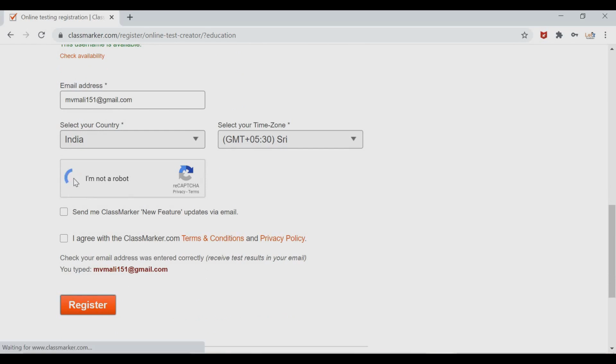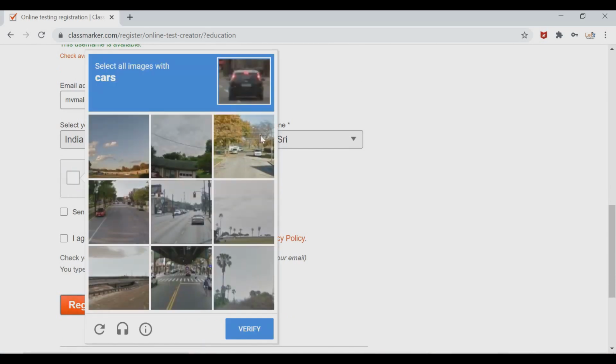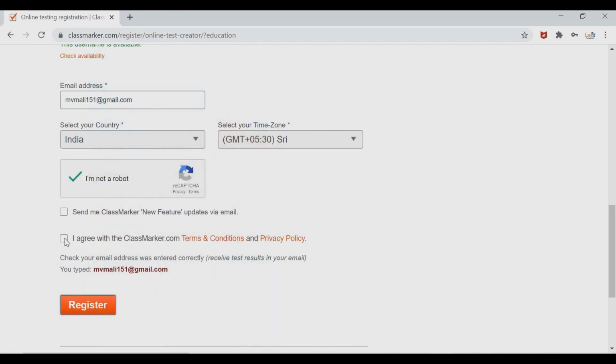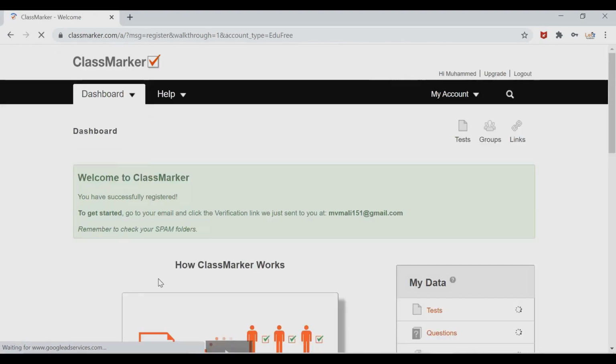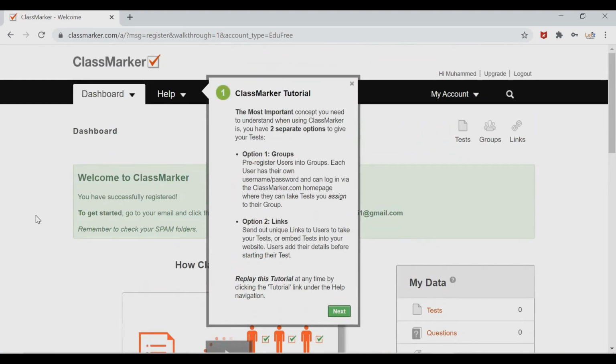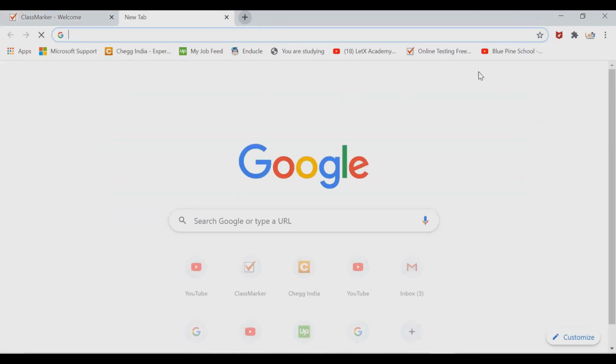And I'm not a robot, click on that. Verified, and click on I agree with classmarker.com. And now your registration is done properly. After that, you need to verify your email account.